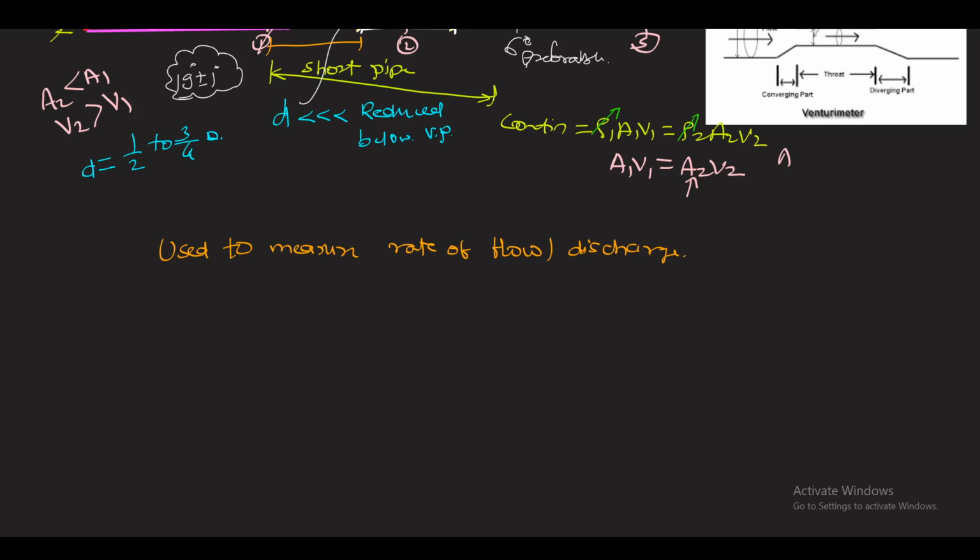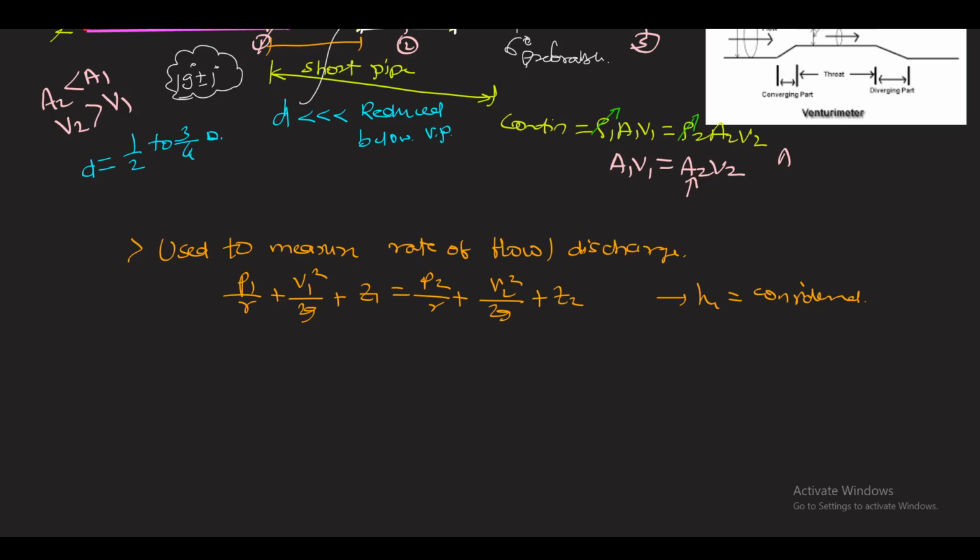Now we are going to apply this Bernoulli's equation. What is the Bernoulli's equation? That is P1 by gamma plus V1 square upon twice G plus Z1 is equals to P2 by gamma plus V2 square upon twice G plus Z2. Okay. As we are not assuming the losses here, the head loss is not considered here, as we have provided the divergent cone, and the second section is taken at the throat, so there is no need to take the head loss.